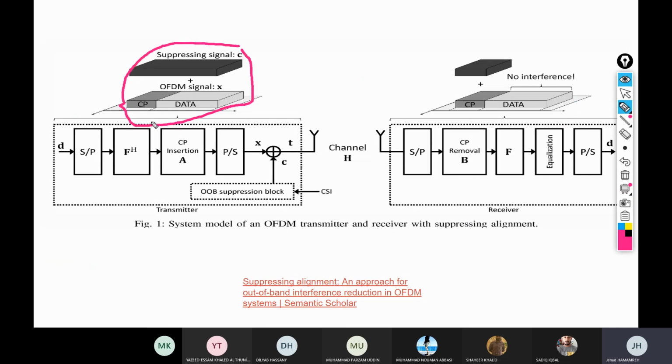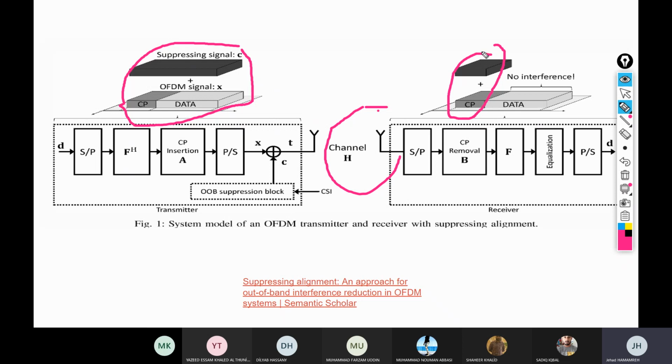The signal will be accumulated over the CP, and since at the receiver side you get rid of the CP, you cancel it, you will end up getting data without any interference. Now this works for the legitimate receiver Bob, but for Eve,